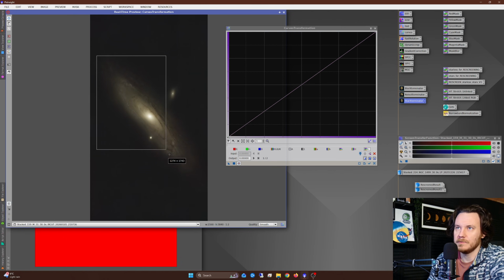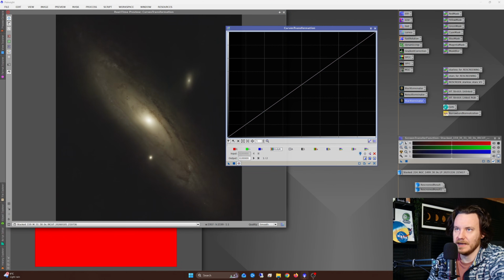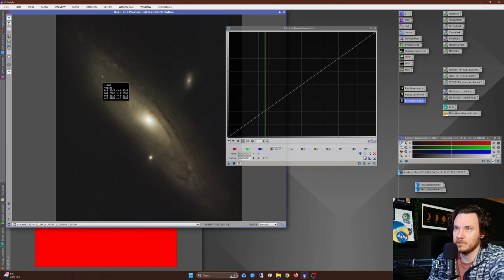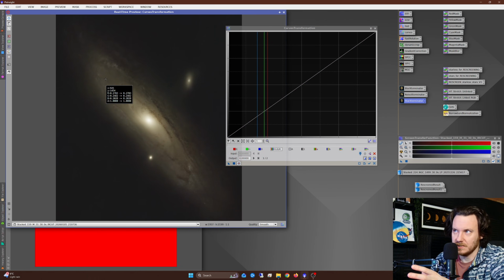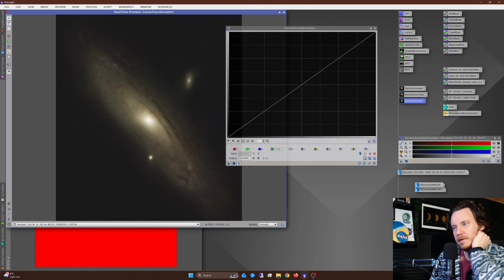If I just bring up the preview window a little bit closer, by selecting RGBK and holding down the left mouse button, we can see the distribution of the main bodies of the colors in the image. So you can see blue is trailing behind, green and red are ahead, and I would agree with that. The image looks slightly tinted towards greens and brownish colors, with blue very much left behind,